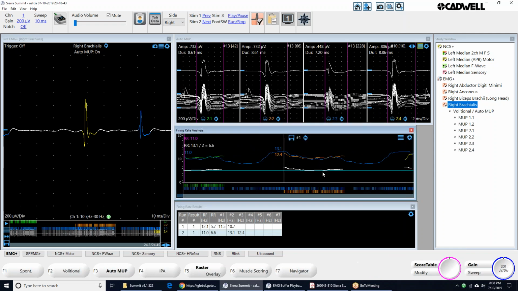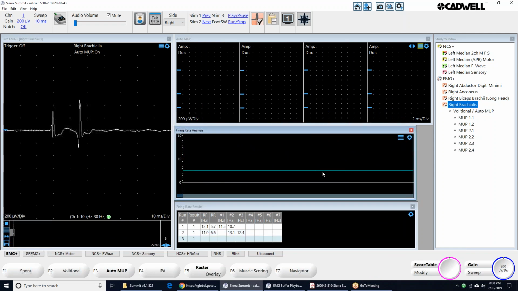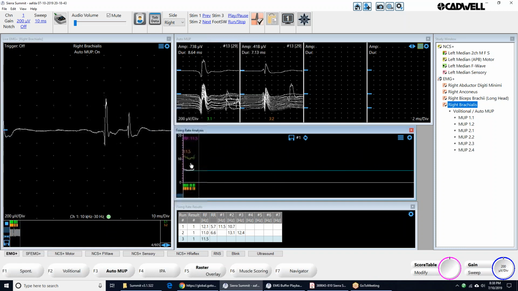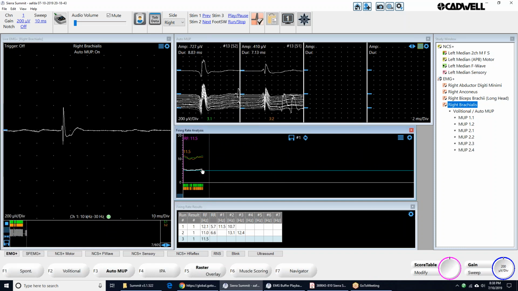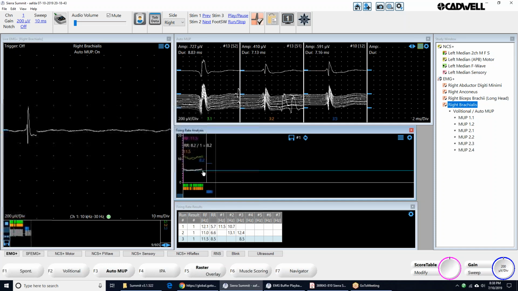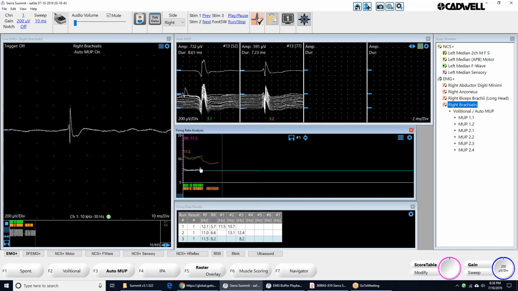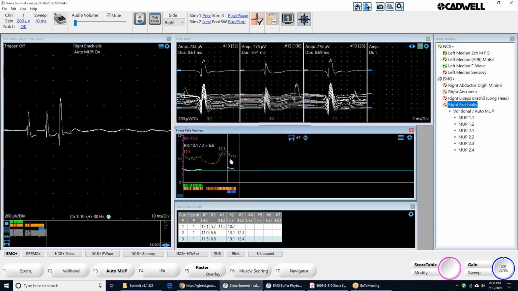So this allows the user to see some live recruitment ratio information. What we're doing here is when you're running, you'll see the motor units that are firing, and then we're doing a recruitment ratio calculation. So this white line is the recruitment ratio. Here we have 1 motor unit firing, and then the second motor unit's going to come in, which drops down the firing rate, and we start calculating the recruitment ratio. So when we stop that,